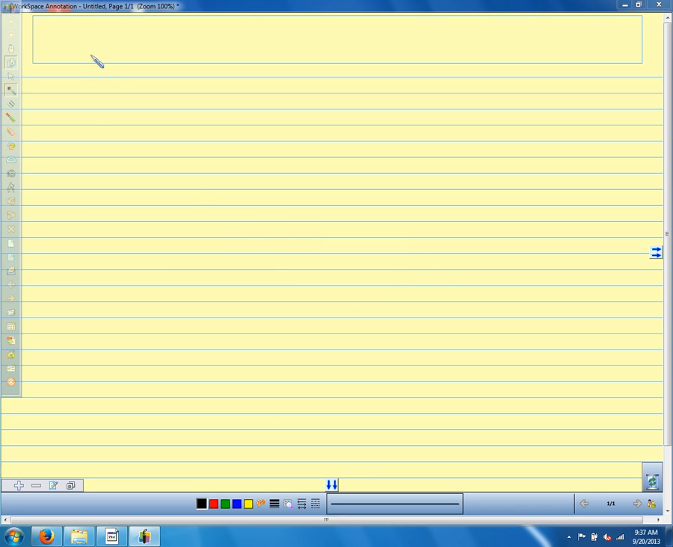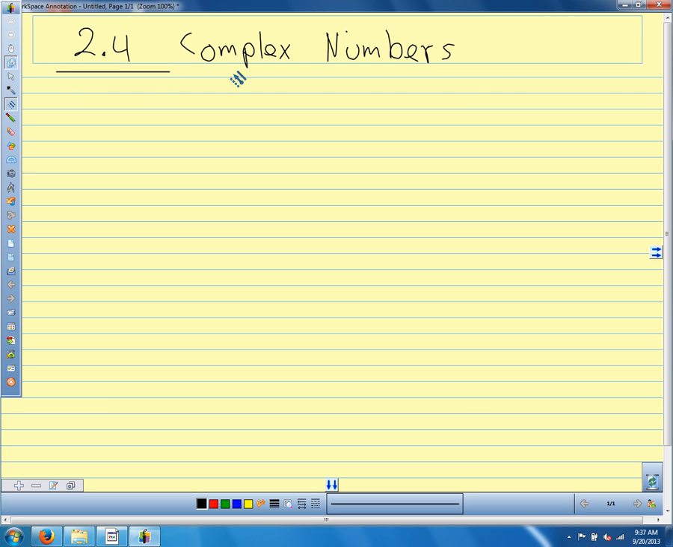All right, so we're in section 2.4, and we're going to talk about complex numbers. So I know you're familiar with imaginary numbers, complex numbers to a certain extent already. So what we're doing again is going to be a little bit of a review, but